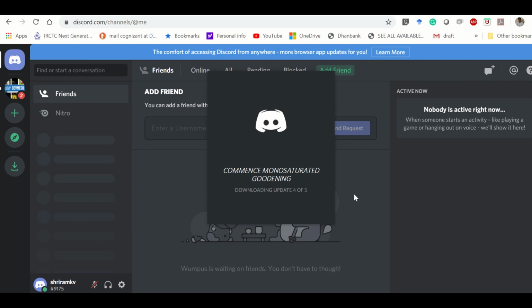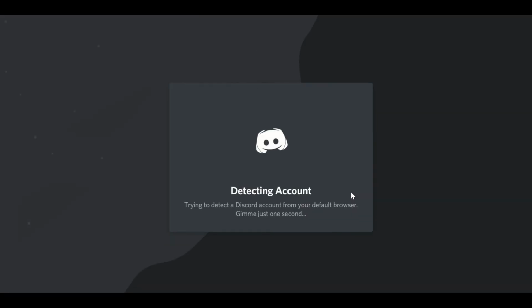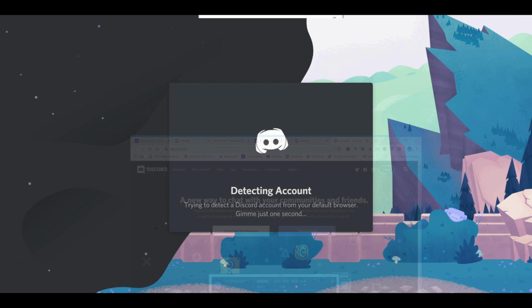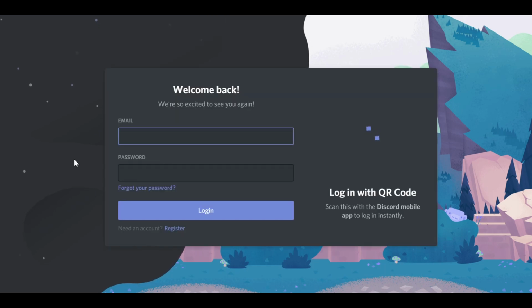It will have to download 5 updates as of now, and they keep updating it every day. You can see all that happening in front of you pretty quickly. And yes, you must have your email account. The best thing about Discord is it doesn't ask for your phone number. So you do not have to give your phone number at any time, and it is pretty easy to go ahead and use it without a phone number. What you need is just your email ID.